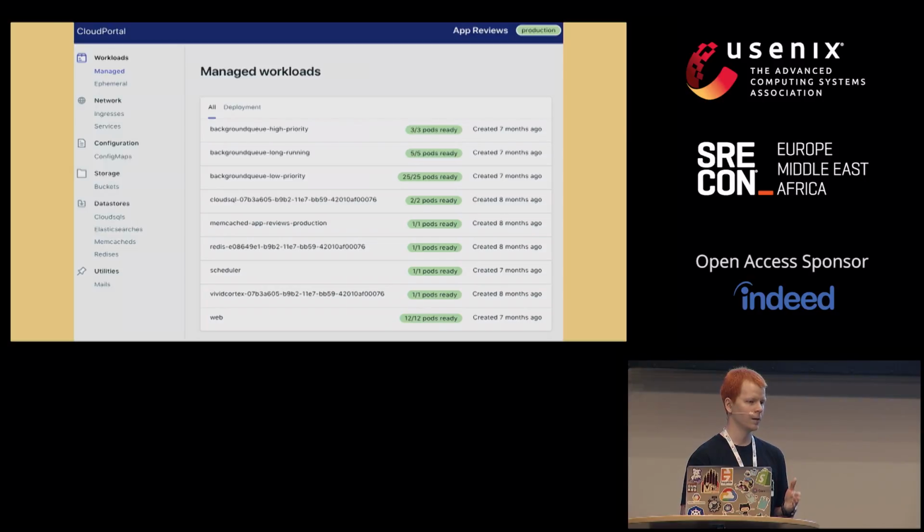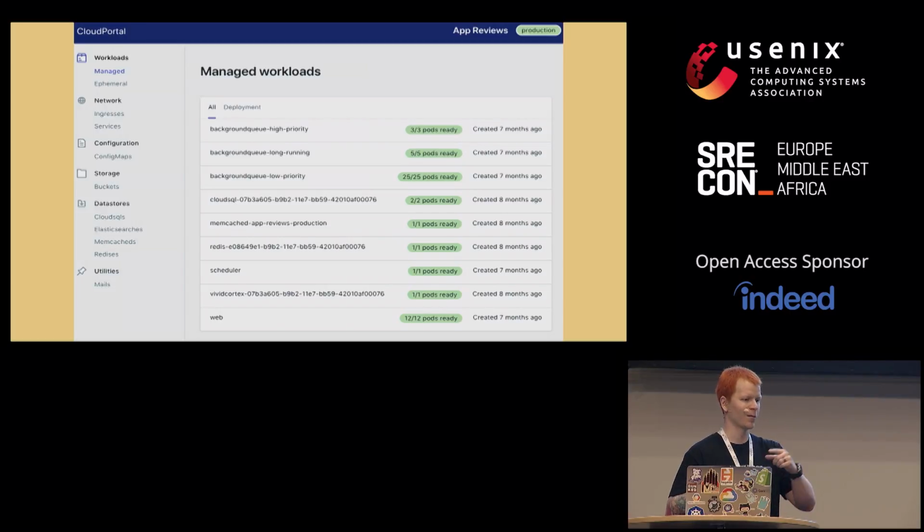So the Cloud Portal is a web UI that the developers can go into. They can only see their own applications, which also one-to-one map to namespaces, and they can see their deployments, ingresses, they can see their ingress IPs, they can exec into containers, they can restart containers, stuff like that. This is a good abstraction because kubectl is a command line tool. So if you need to do an operation, you need to learn the concepts and the exact command to do something and what that does. If you have a web UI, it's a lot easier to find out stuff.